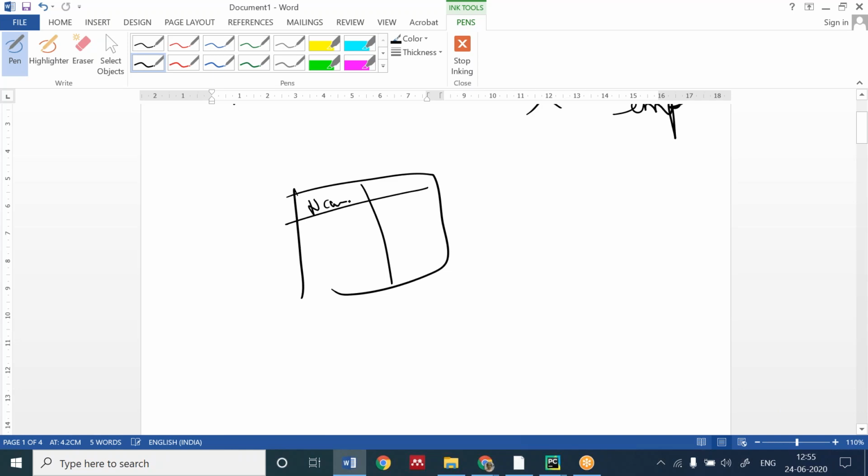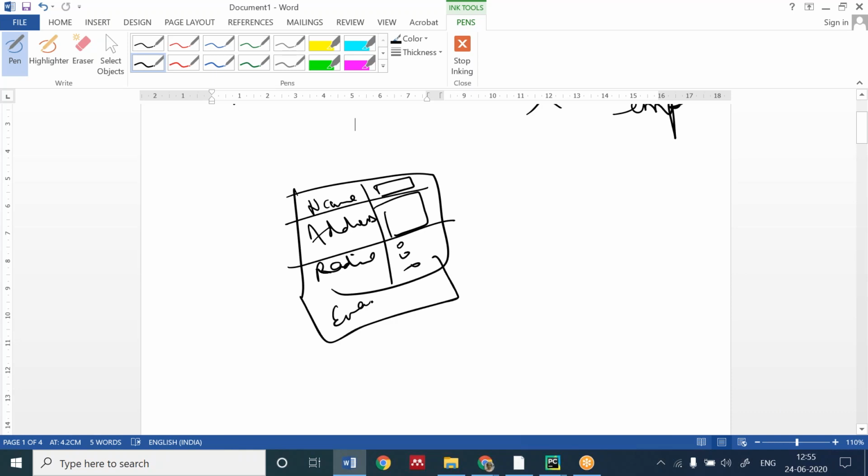Name, then a text box; address, name, then a text area; then a radio button like this. Next I want email. I'm writing email and an email bar here. Then I don't want these columns, so I'm merging them. I want a button in the center, so that's why I have merged these two columns. Now, hope it's clear to you, Vishaka.